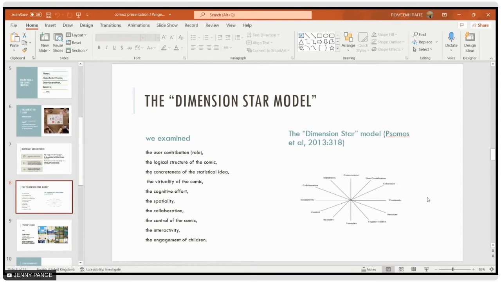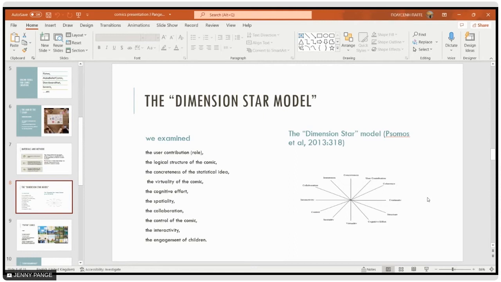Also, they can have the control of the comic if the user can build it and do it step by step. And we also examine the interactivity, the interaction with the heroes and the story.